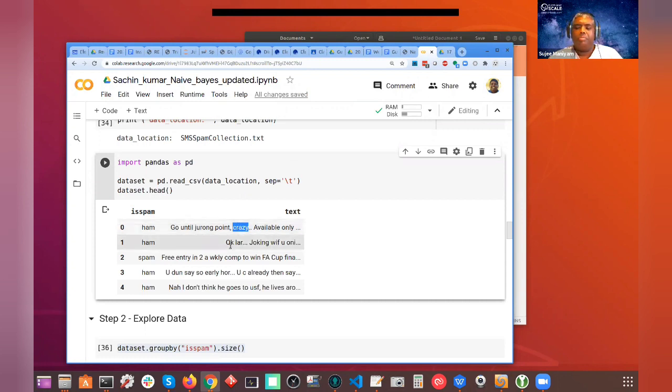And also when you do this matrix, they will lowercase all the text. So for example, all the "go" will be just one column. We don't want two columns for the word go, one uppercase, one lowercase. So when we do this, we convert everything to lowercase, so everything is mapped to one column. Can you visualize that? It'll look like this.